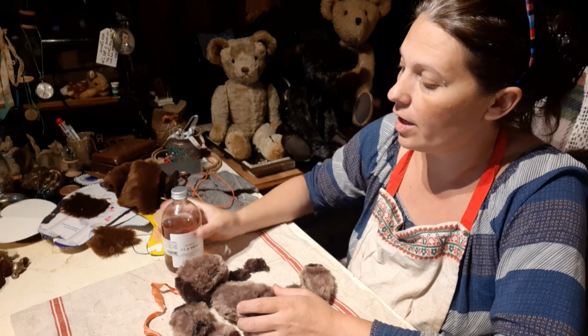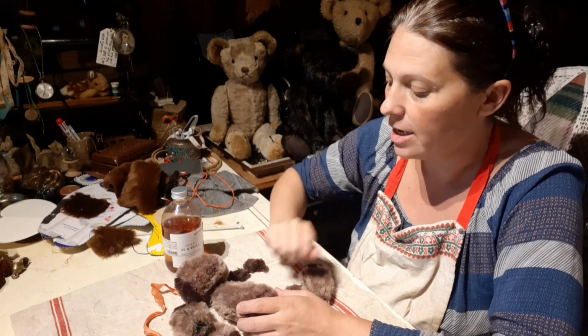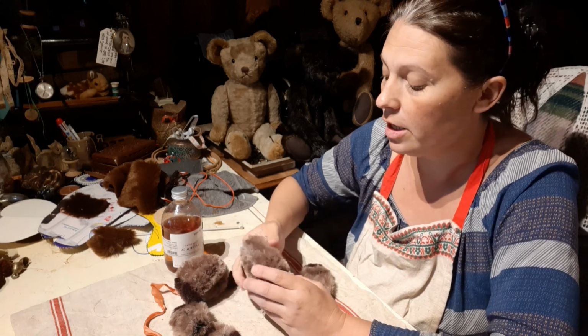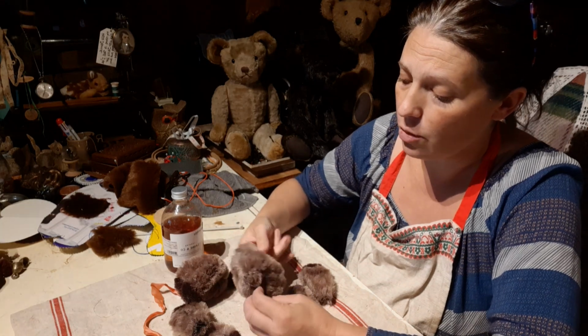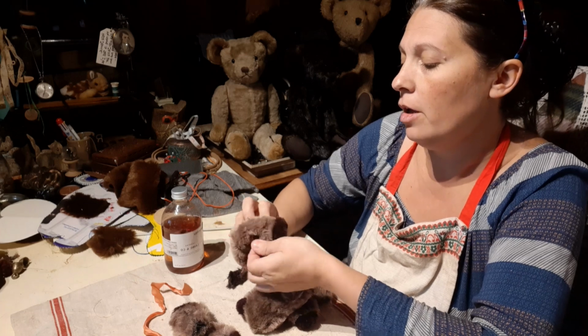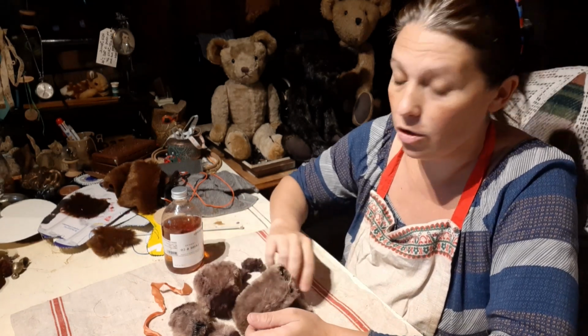So I use this and froth it up, get the bubbles, and you just clean the outside of the fur and just brush through gently with a toothbrush, and just keep brushing, and then just gently wipe it off with some warm water on a rag or a towel, and they come up really nice. But yeah, I don't want to rush him, so I need to put him somewhere so he can dry properly, and then tomorrow I will finish him and upload the second vlog of how he looked and how he felt